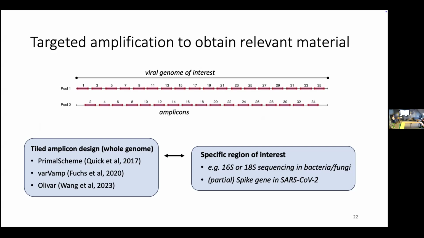And there are different ways of doing this. But another approach could be to just look at a region where you have most information. For example, for SARS-CoV-2, most variation occurs in the spike gene, which is here slightly towards the end of the genome. So you could only look at amplicons in the spike gene, or even just look at a single amplicon. If this amplicon has most of the variation, it might already allow you to distinguish between lineages and quantify them.